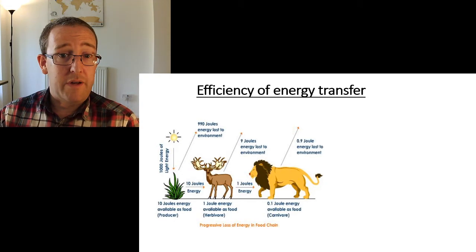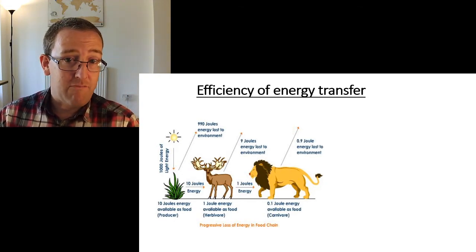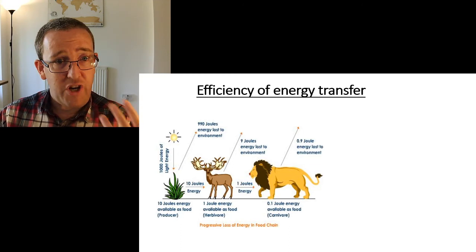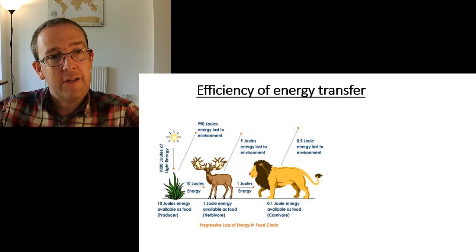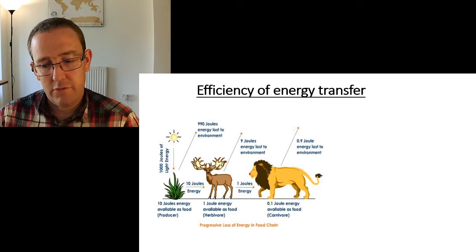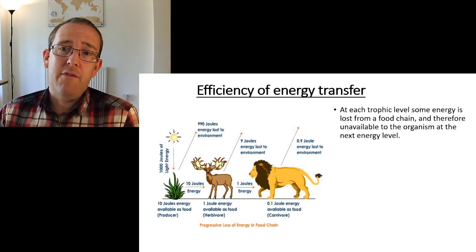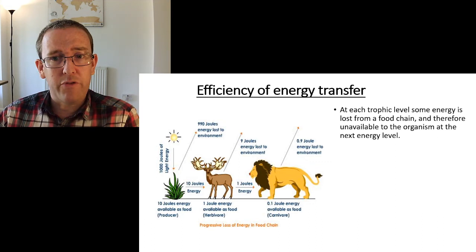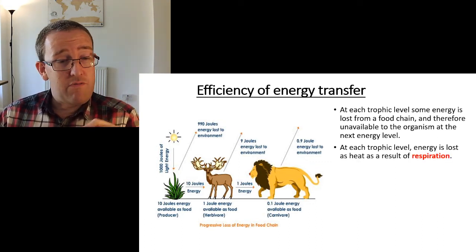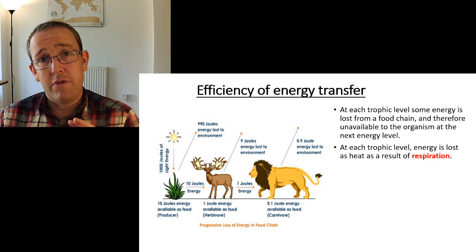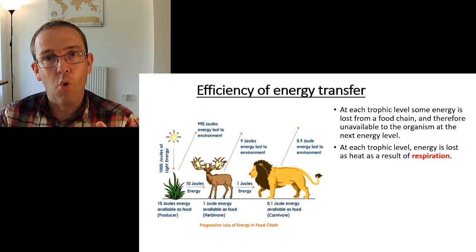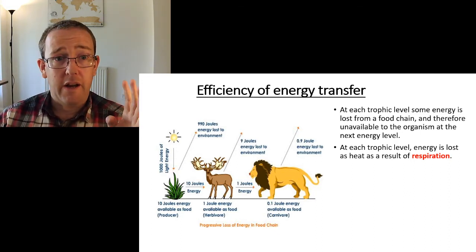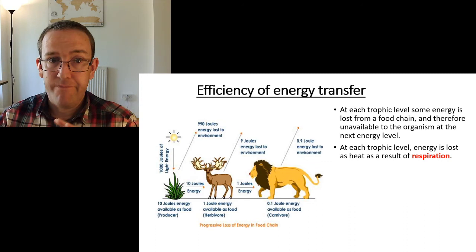Okay, so it's really not very efficient, and obviously the carnivore has to run around and chase that and grab that, so it's losing lots of energy as well. So only 0.1 joule of that energy actually makes it into the body, the biomass, of the carnivore. Okay, so very inefficient. So at each trophic level, energy is lost. It's unavailable to the next organism. We call these just respiratory losses. At GCSE, you might have got away with talking about movement and respiration and keeping warm, and all of these things at A level are just the respiratory losses. Yeah, we lump them all together.